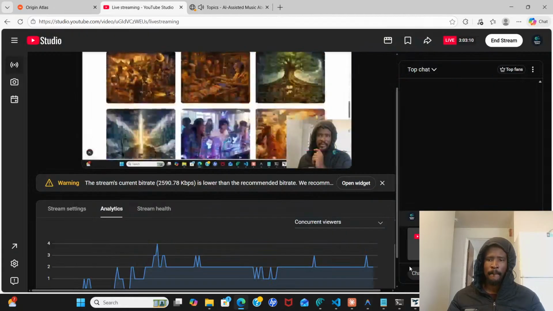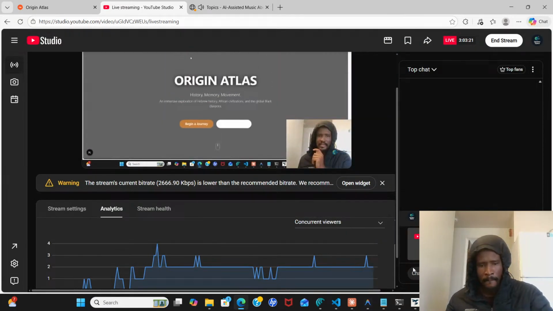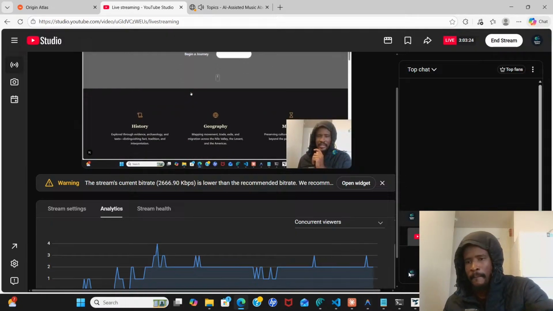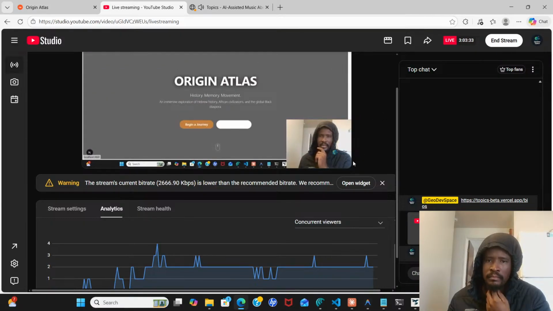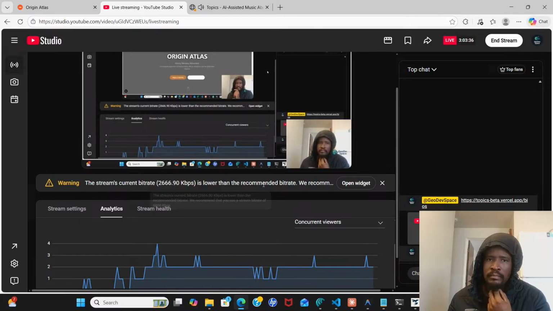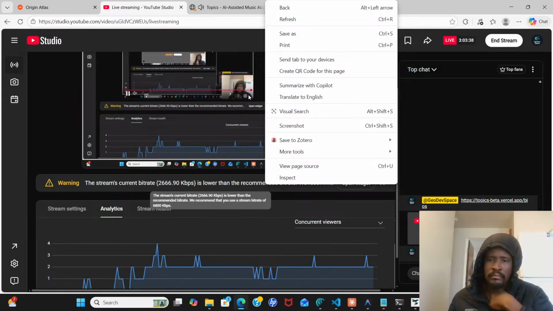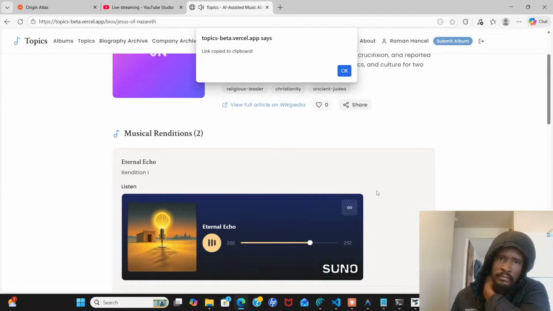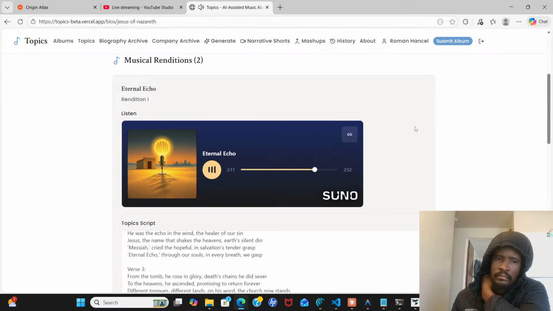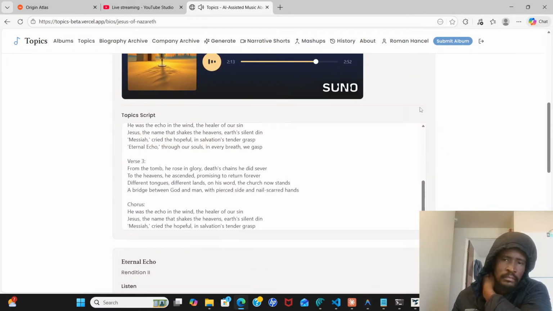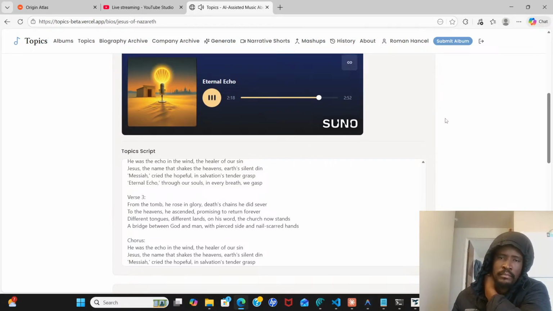get. From the tomb he rose in glory, death's chains he did sever. To the heavens he ascended, promising to return forever. Different tongues, different lands, on his word the church now stands. A bridge between God and man with pierced-side and nail-scarred hands. The echo in the wind, the healer of our sin. Jesus, the name that shakes the heavens, earth's silent din. Messiah cried, the hopeful in salvation's tender grasp. Eternal echo through our souls, in every breath we